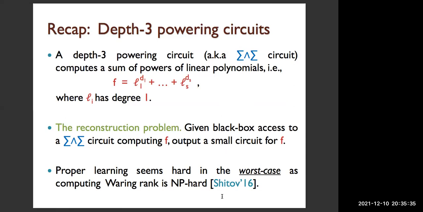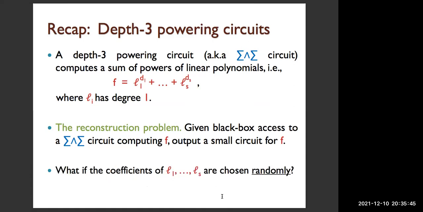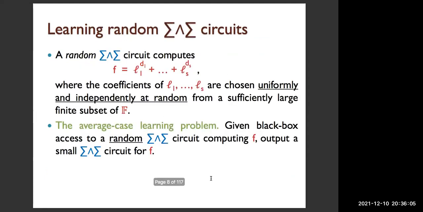And as we saw in the last talk, worst case learning of depth 3 powering circuits seems hard because Waring rank is hard to compute. But what about average case learning? By that, we mean what if the coefficients of the linear forms are chosen randomly, and f is given as input. We have black box access to such an average case f, where the coefficients of the linear forms are chosen randomly. Right. So to make it a little more formal, let me define a random